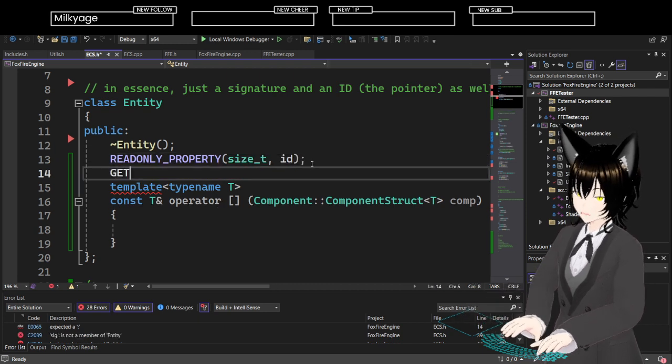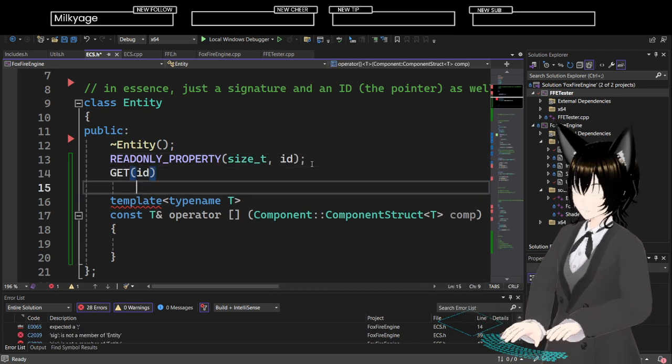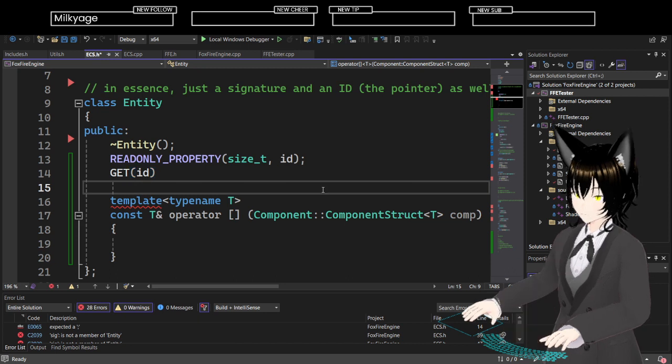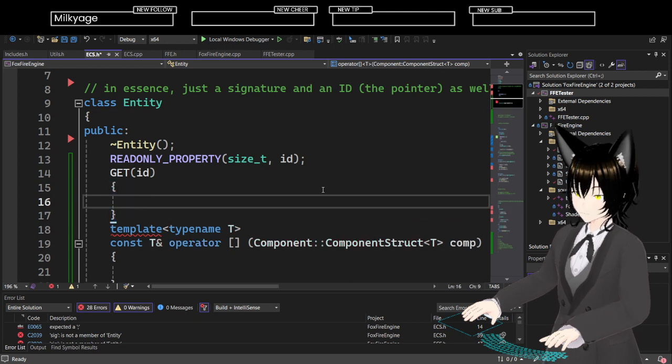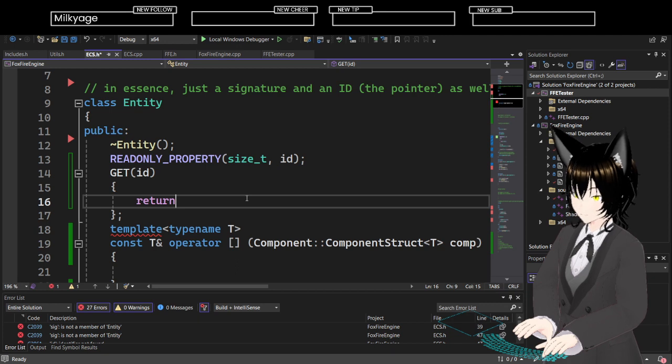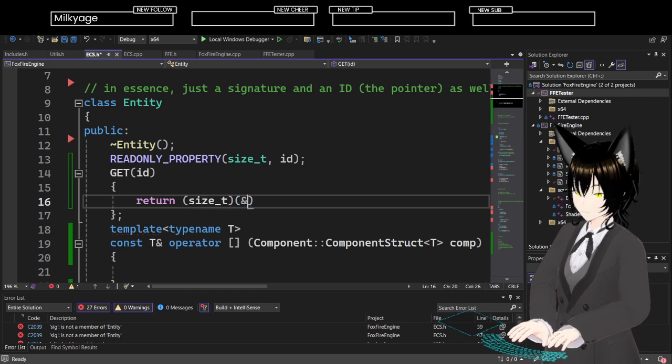This is a get ID. Come on. Return size T, pointer to this.